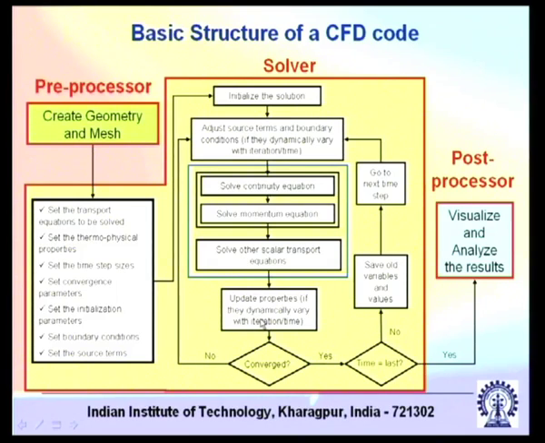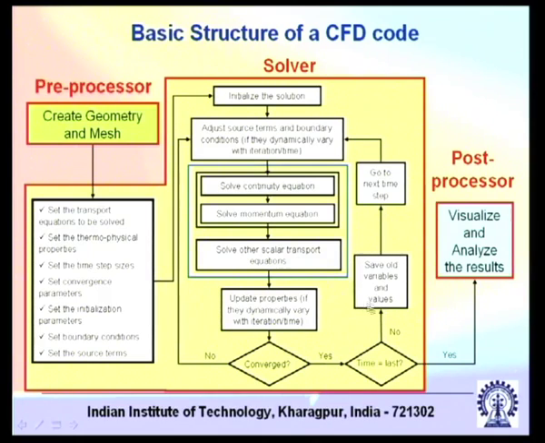Then update the properties if they dynamically vary with iteration or time. Some of the properties may not be constants, but may vary with iteration or time, and that you need to update, and then you check for convergence. If convergence is not achieved, you go to the next time step or next iteration. In this way iterations are done in a solver,